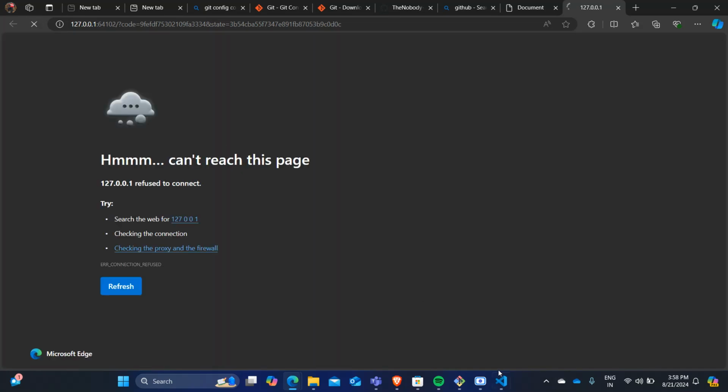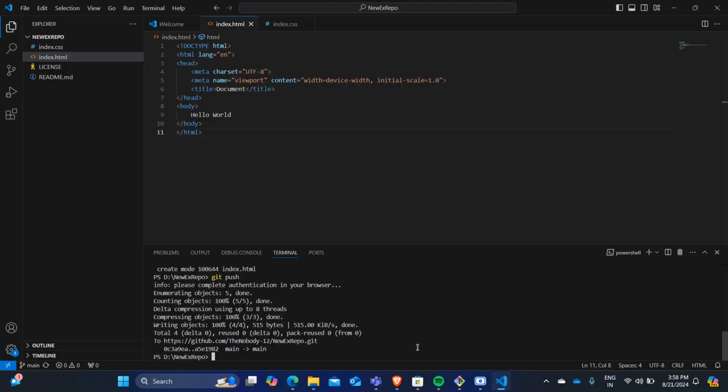It will open the browser. Actually, I have already done the setup locally on my browser,